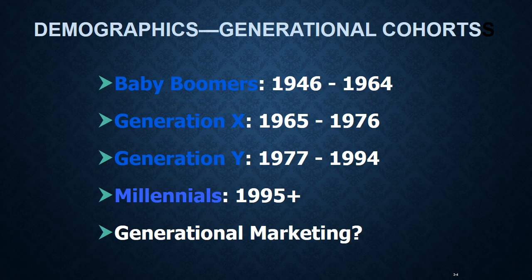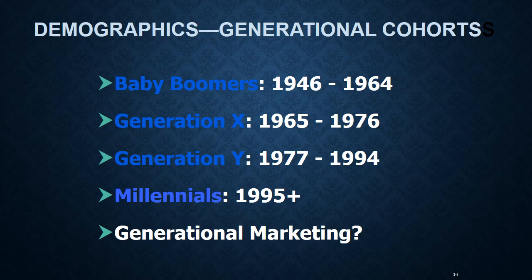In terms of age, if we take a look at the U.S. population, we tend to break the U.S. population down into generational or age cohorts. The age cohort that many of you have always heard about are called the baby boomers. These are the people who were born right after World War II. Their birth dates fall between the years of 1946 and 1964. The easy way to remember this is that 46 and 64 are two numbers transposed. This, of course, is an 18-year